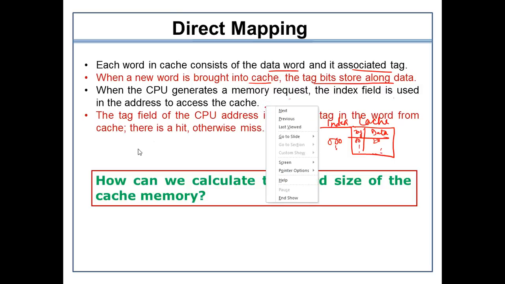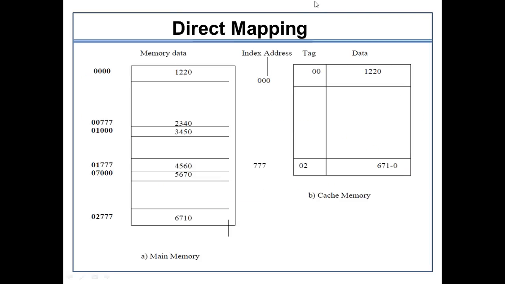So I think it will be better if I demonstrate this with an example. This is how the data is placed in the cache memory. Let's suppose the CPU wants to access the data, so it sends its 15-bit address. Now that 15-bit address is further segmented into two forms, the tag and the index. So these index bits are being used here.